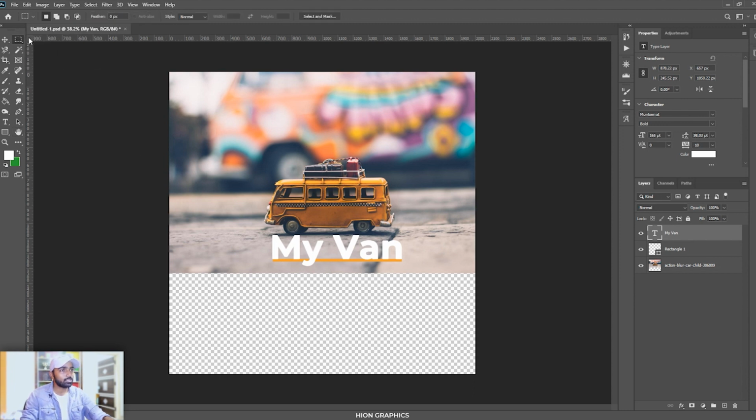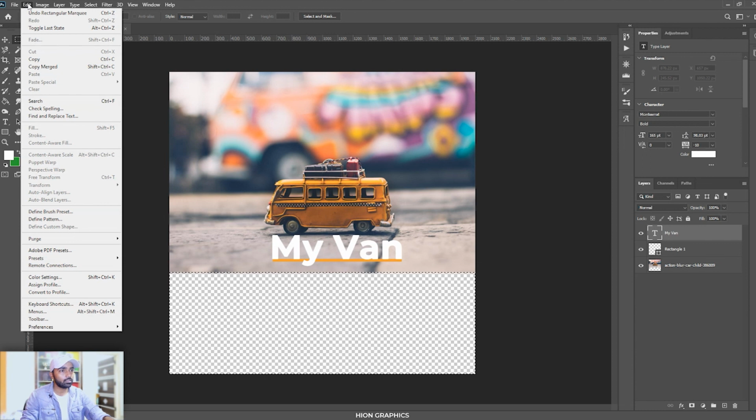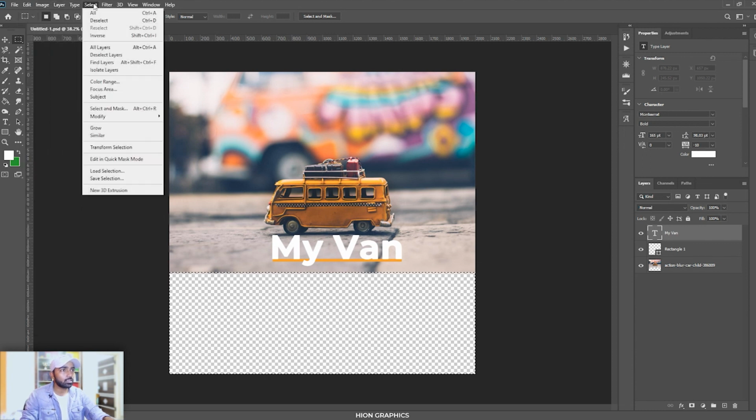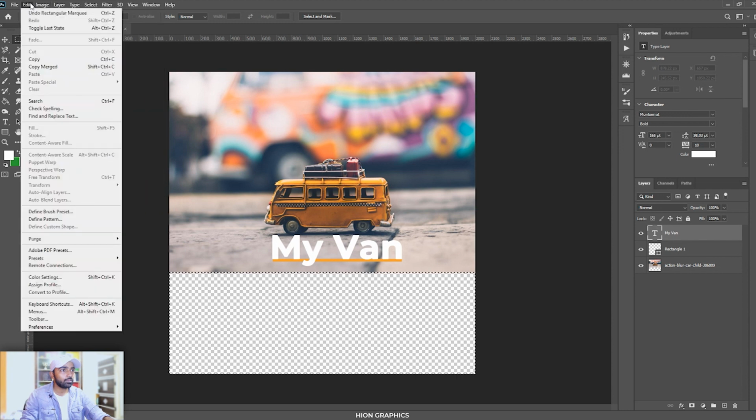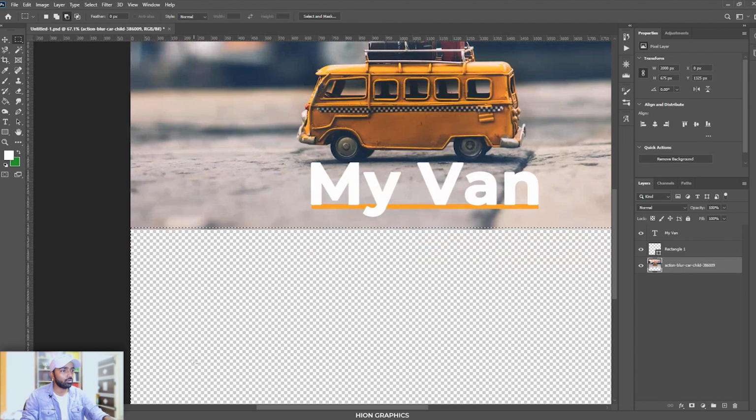How to do that? Just select this, oh sorry, not this, go to the selection, select this. Okay, I have selected this area, just a normal left click, slide it down, and then go to image, oh sorry, edit. One minute, let's see. Okay, one minute. I have selected a wrong layer here. I have to select the action blur layer. This is the layer on which I wanted to work. So I have already selected this layer. You can see the selection that I've already made here.